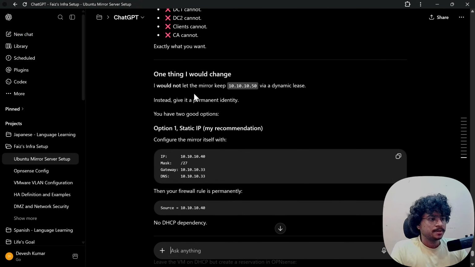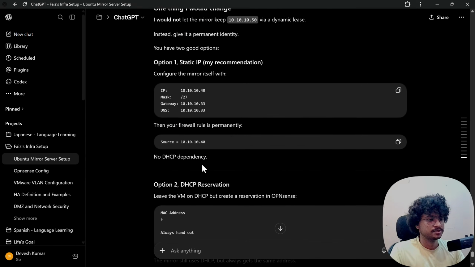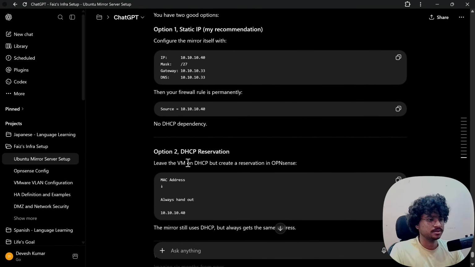I would not let the mirror keep this via dynamic lease. Instead, I'll give it a permanent identity, a static IP, and configure the mirror itself with IP 40. Then your firewall rule is permanently source 40, no DHCP dependency.